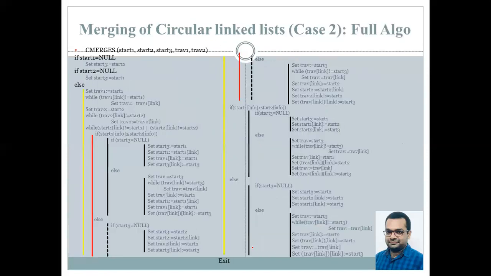So therefore, this is the complete algorithm. Now you can see it is a very big algorithm. I have made the markers just to show which parts belong to inside of which scope. Say suppose this is the if part and this is the statement within the scope of if. This is if, again the statement is within the scope of if. Now these are all the statements from yellow lines that show, except this exit statement, they are inside the scope of this else part. Within the else part, this while contains this statement, this while contains this statement, and all these statements are within the scope of else over here.